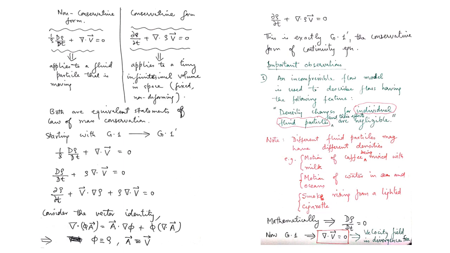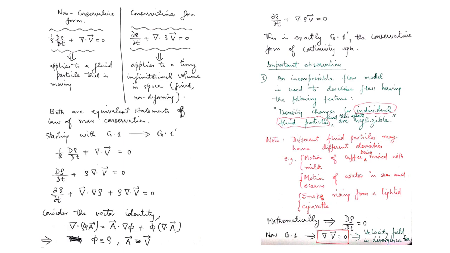Similar is the story with motion of water in seas and oceans. In seas and oceans, there is a lot of temperature variation between the top and the bottom sections, and there are also salt concentration variations in the water. Because of these thermal and salt concentration variations, if you take fluid particles at different depths, you will find that their densities vary. So again, different particles have different densities in this case.